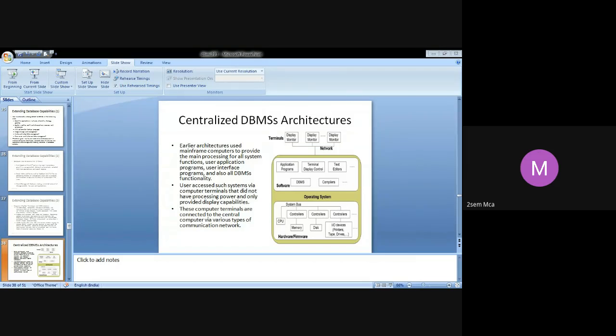Right. So now, let us see what we mean by a centralized DBMS or a centralized architecture and a client-server architecture. So what is the difference between them? Can anybody tell me what a centralized DBMS is and what a client-server architecture is? Can I have some answers? Let's make it interactive because you're all there, listening to me. So I think I can expect you all to answer something.